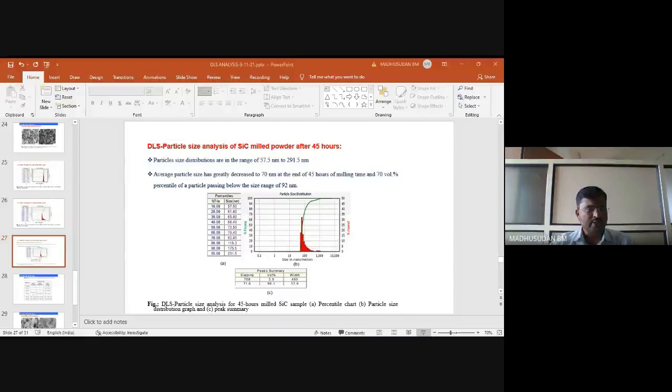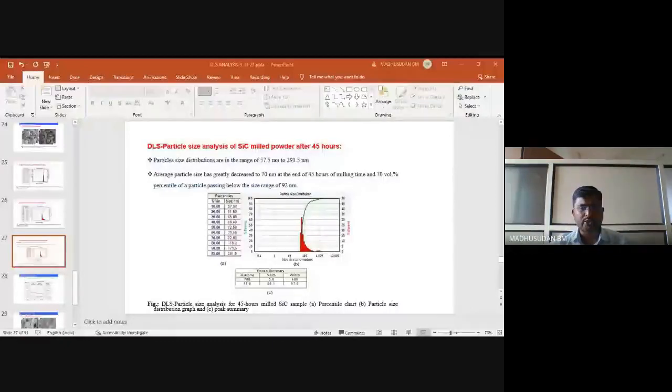Okay, and as I have mentioned previously, the particle size will be deliberated in diameter. Although the particles are irregular in shape, size or structure, with the help of the correlation between the fluctuation intensity and the time chart, we are able to deliberate the particle size in diameter. So the same has been obtained here as a diameter of 71.6 nanometer. So that confirms that our work has reached its goal, that we are able to successfully develop nano size particles from micron to nano size silicon carbide particles.